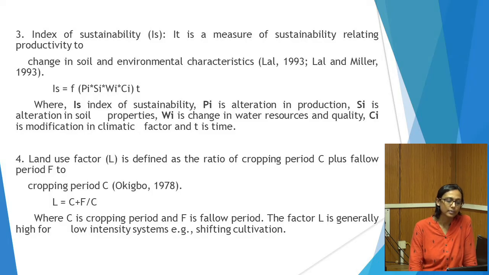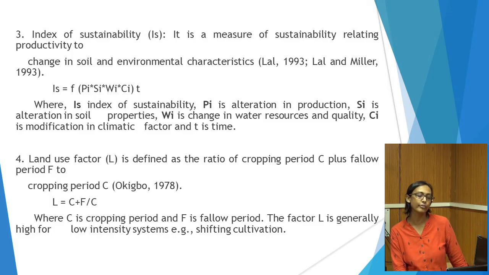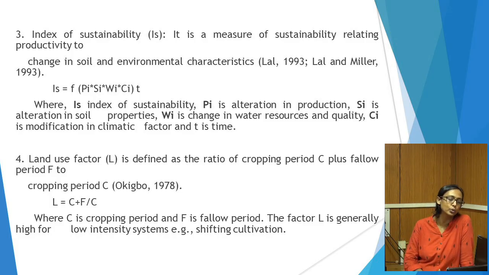and T is time. The last one is land use factor, which is defined as the ratio of cropping period C plus fallow period F to cropping period. It was given by Okigbo in 1978. Land use factor is equal to C plus F by C, where C is cropping period and F is fallow period. The factor L is generally high for low intensity systems